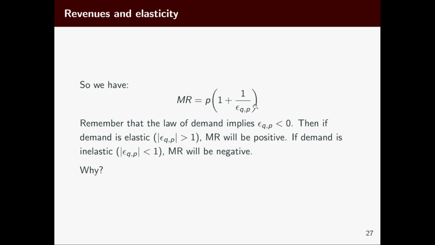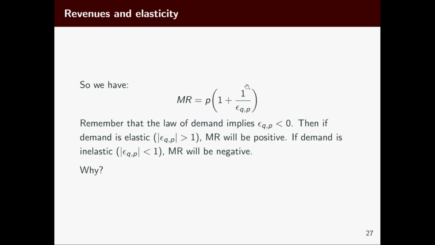So this is a negative number, right? That means we're going to have 1 minus this amount here, if this is always negative. So if this elasticity is less than 1, let's start with this inelastic case. If it's less than 1, then this component, this whole fraction, is going to be greater than 1. If that's greater than 1 and we're subtracting it from 1, then everything in parentheses here is going